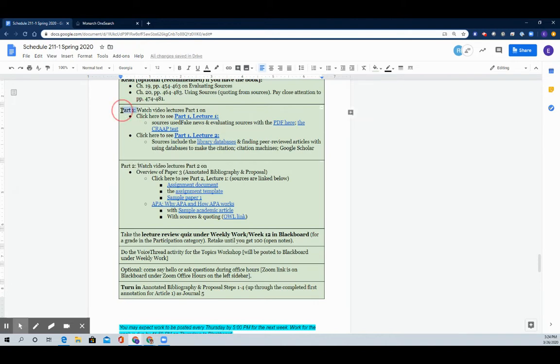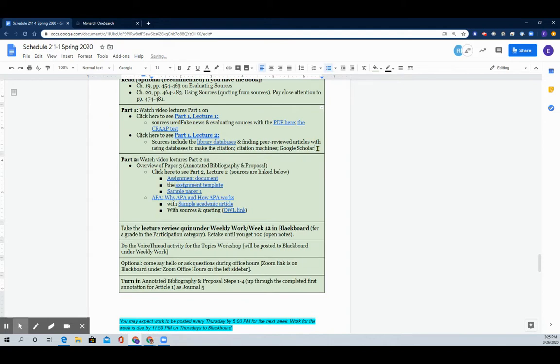you as you're going through these materials to think in terms of Tuesday and Thursday. So what I did in part 1 is probably about the length of time I would have spoken in class on one day. And the same should be for the video lectures that are down here. So the rest of the work that you do that would have been like open lab in our class will be the lecture review quiz and the voice thread that are sitting down here.